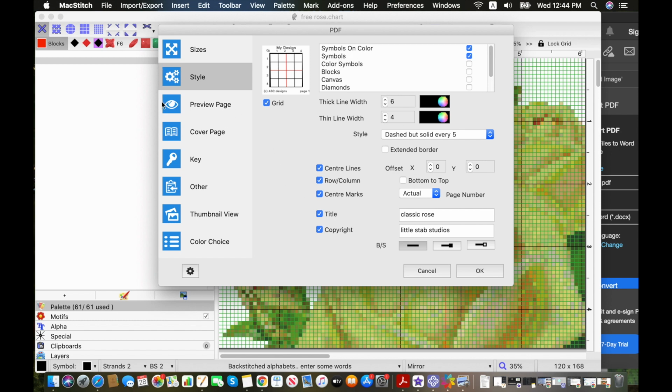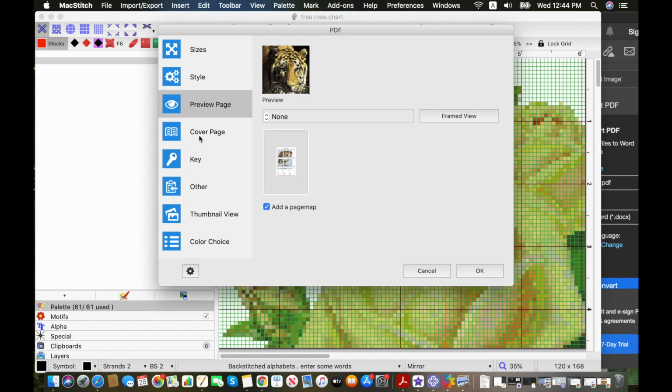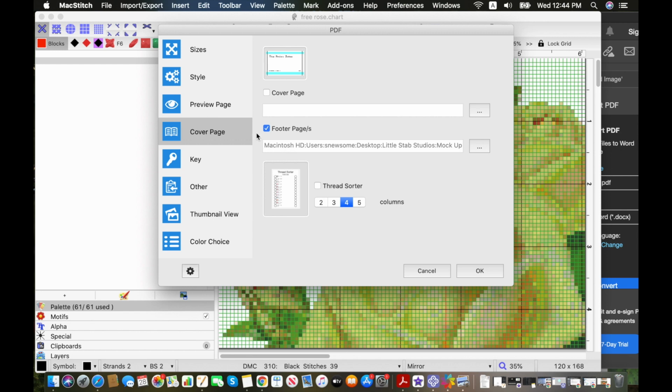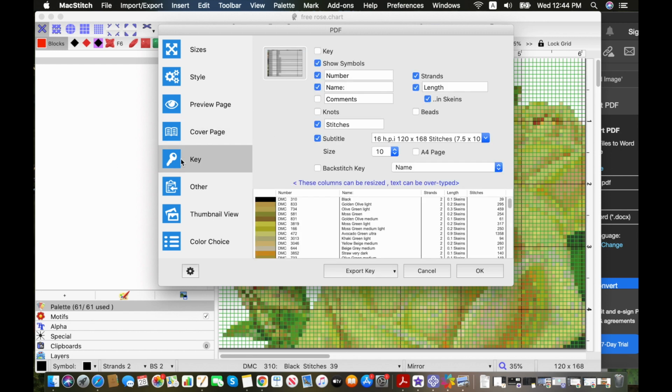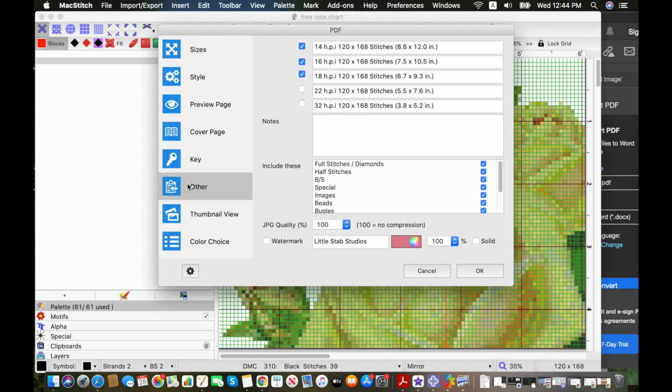I got the title and everything down. Preview page, we'll go with none because we already have one, but I did click add a page map, which is going to show people which is the first page, the second page, etc., and how you can put them together if you're going to be printing it out and then working from that. And we don't need to cover our footer page. Key, fine, we'll keep that in. I'll go with that. And the thumbnail view, it already popped that up for us. And that's going to be basically 9 pages